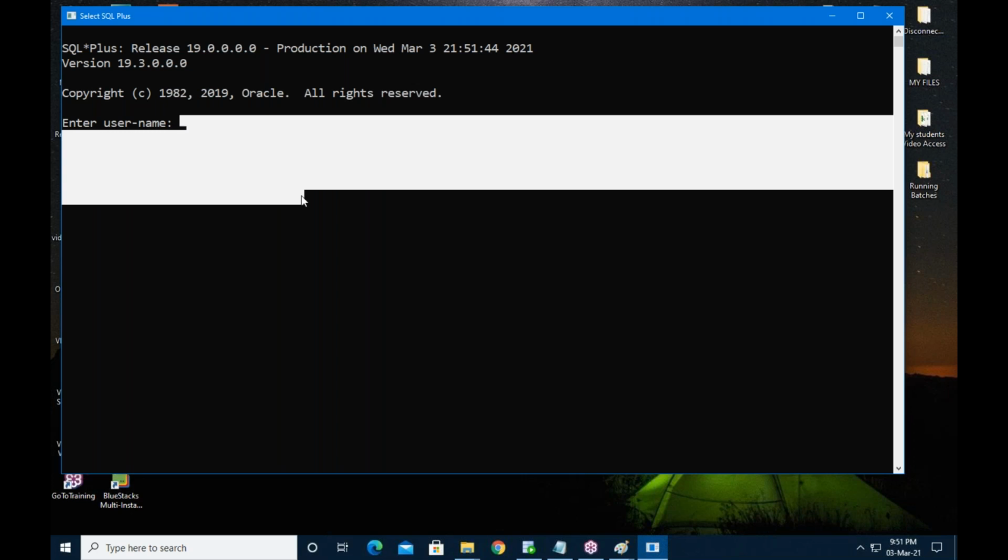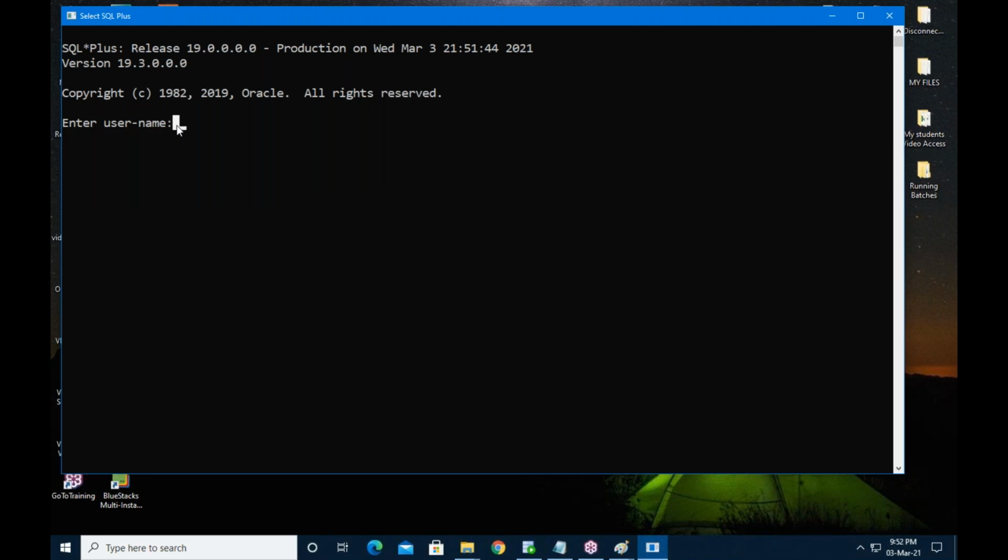See, before connecting to a bank account, it asks for a username and password. Same here. For security reasons, it is not allowing all users. Only the people who have a user ID and password are allowed into the database.